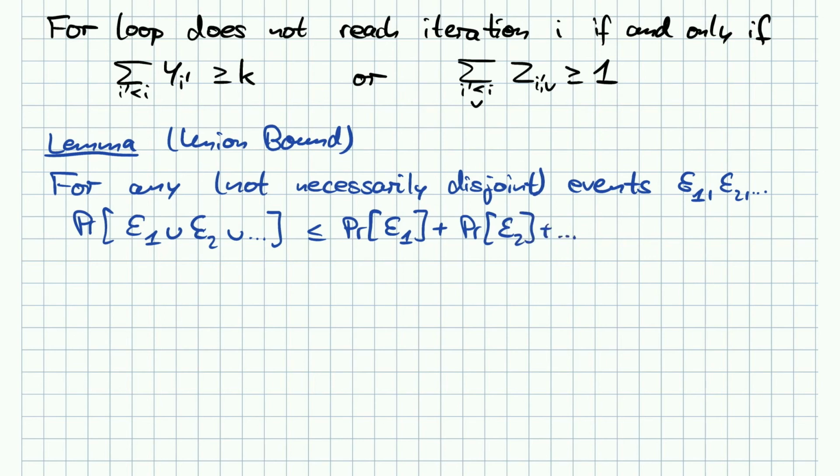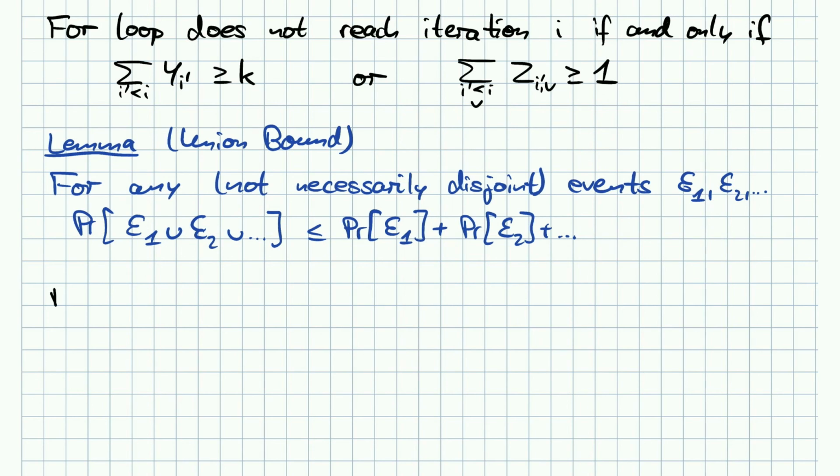How do you prove this? You can prove this, for example, by induction, and then you see that what we're ignoring is actually the intersections, and this is why we have only an upper bound here. If these were disjoint events, then we would have equality, but since we are not saying that they have to be disjoint, we only have this inequality here.